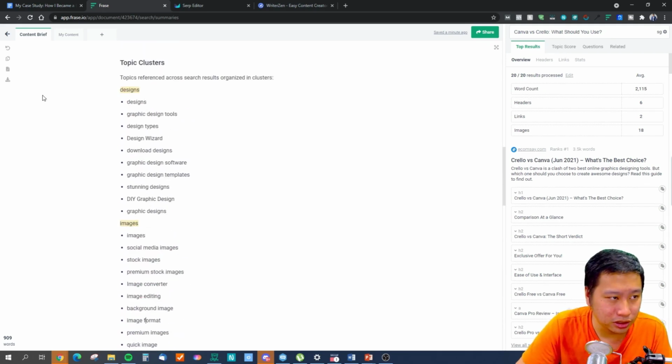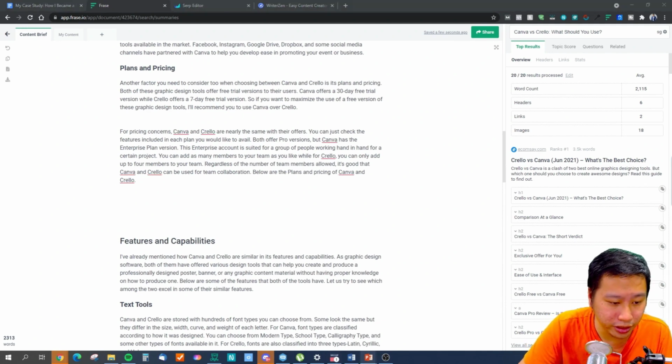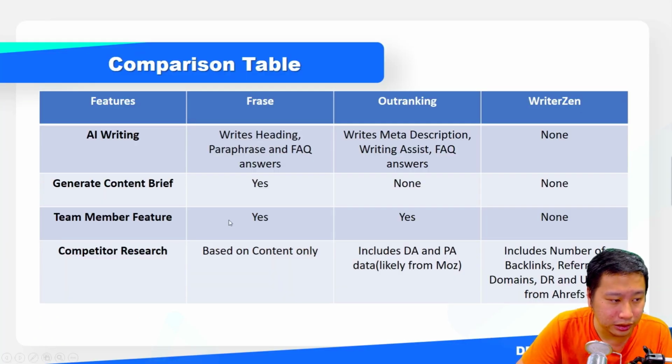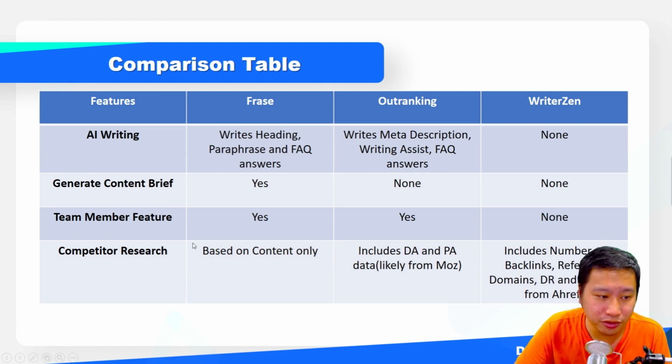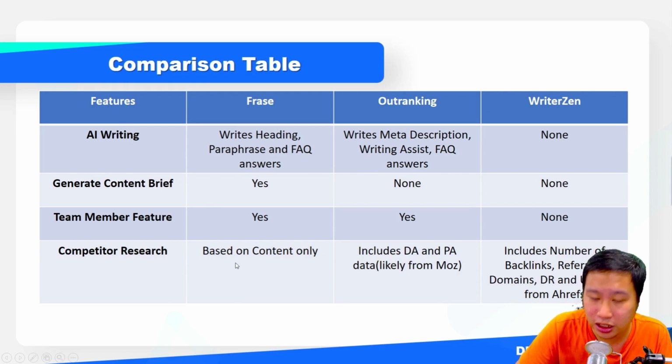Okay, so this is Frase. But with Outranking and WriterZen, it doesn't have that at all. There's no team member feature with WriterZen, and for competitor research itself, Frase is only based on the content. So Frase is just comparing content to content, right? But with Outranking, it includes